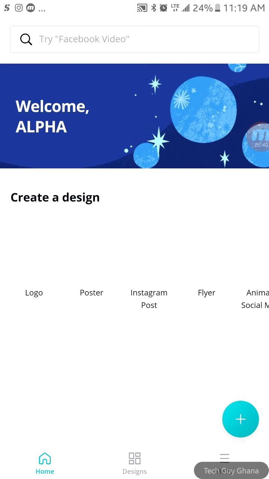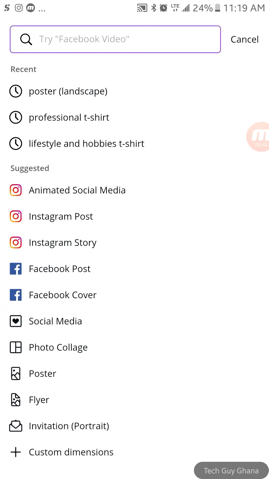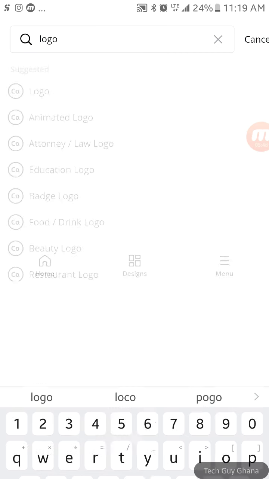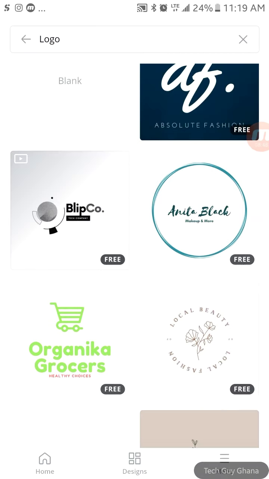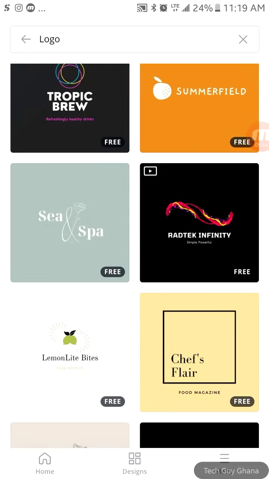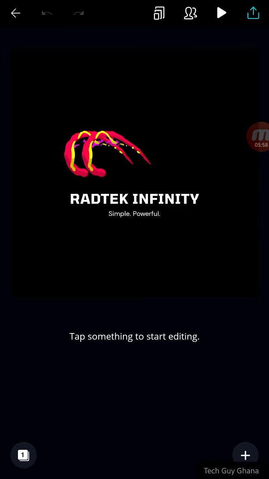Maybe you want to make a logo. You just have to search, and there's a lot of templates out there. You select the one which will be good for you.